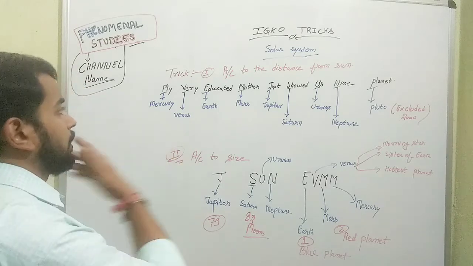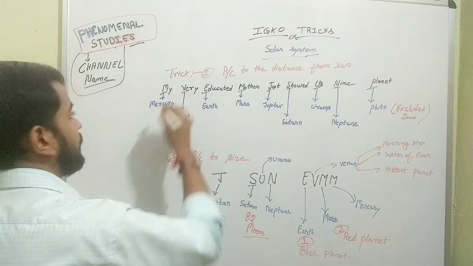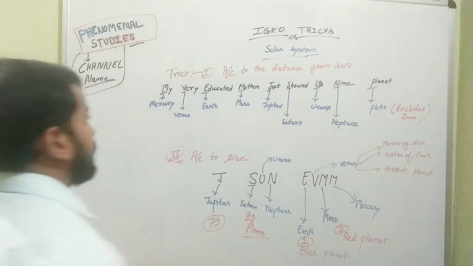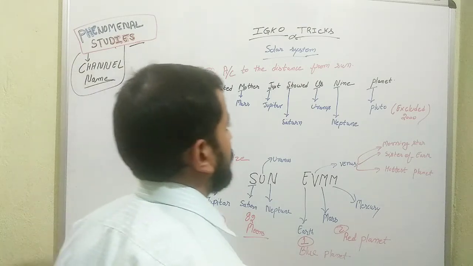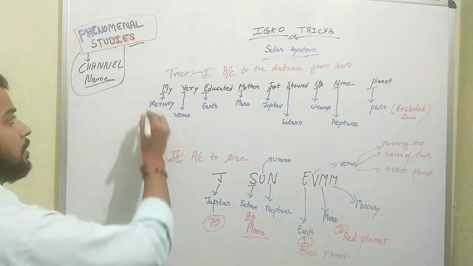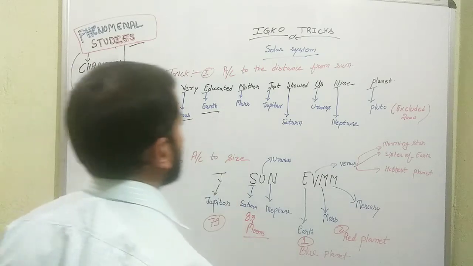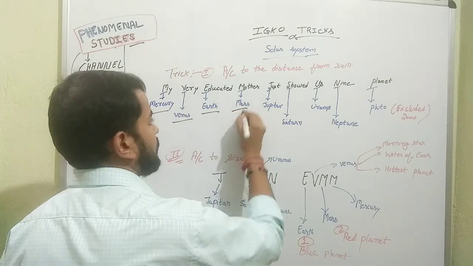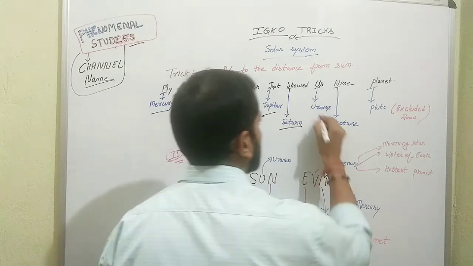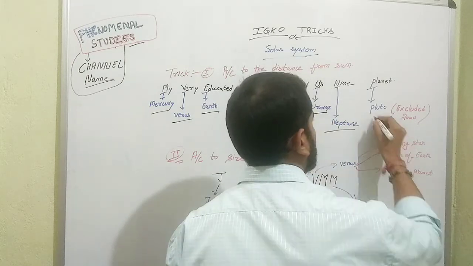So I have written a sentence and each starting letter of it represents the name of a planet. Like: My Very Educated Mother Just Showed Us Nine Planets. M stands for Mercury, V stands for Venus, E stands for Earth, M stands for Mars, J stands for Jupiter, S stands for Saturn, U stands for Uranus, N stands for Neptune, and P stands for